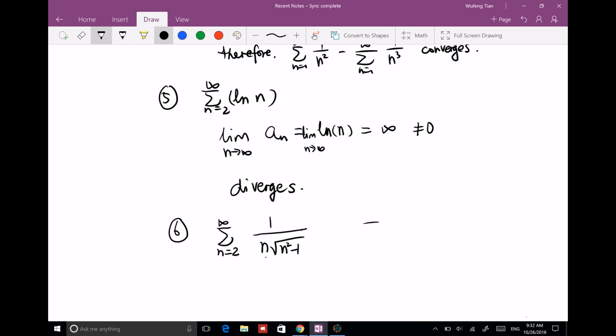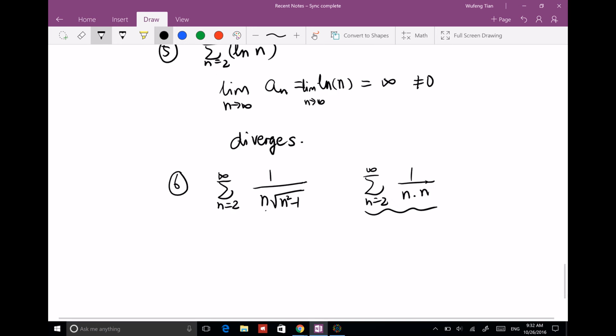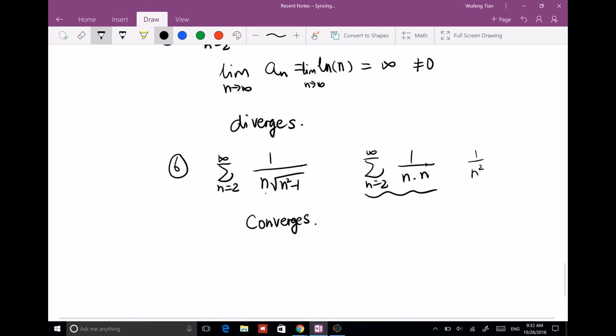So if you compare this with 1 over n times another n, they're very similar, right? You have a constant eventually, it doesn't really matter that much. Later we're going to explain the comparison test, but these two have almost exactly the same power. So since this one converges, this one also converges. That makes sense, right? This is n squared. This is 1 over n squared. Alright, so next one,